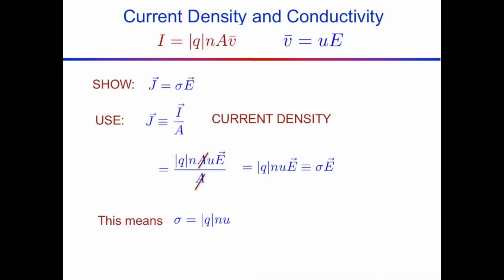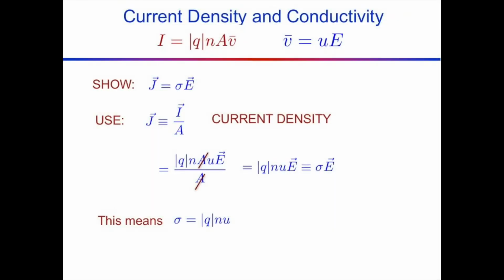All right. I'm going to make another definition, which is that current density is defined as sigma E. Whatever's in front here, I'm going to call a new quantity, sigma, which is the conductivity. And then I have that this conductivity, Q N U, is also just